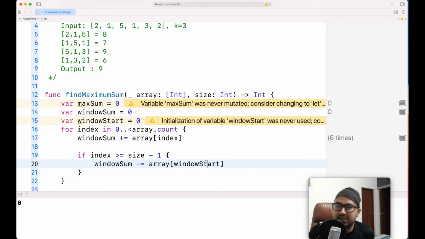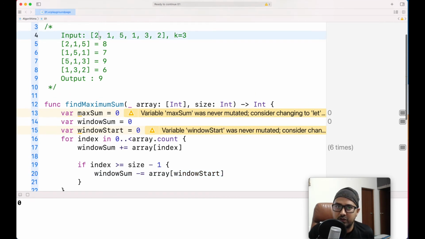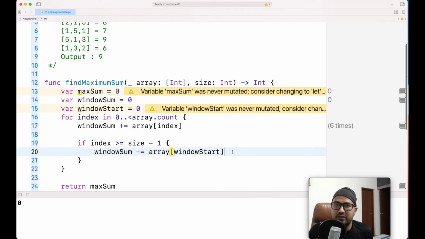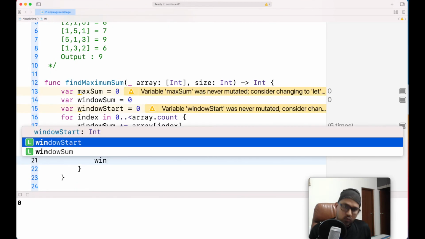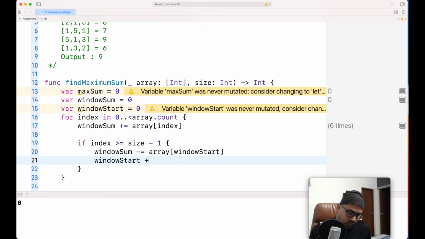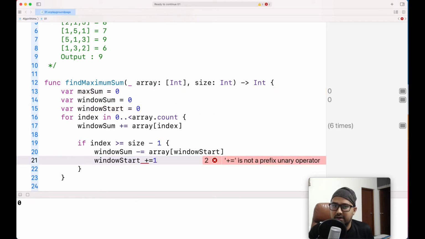Initially it will be 0. So what we are doing is removing 2 from the sum. So the window sum is calculated, and we will increment our window start by 1. Understood? Clear? Okay.